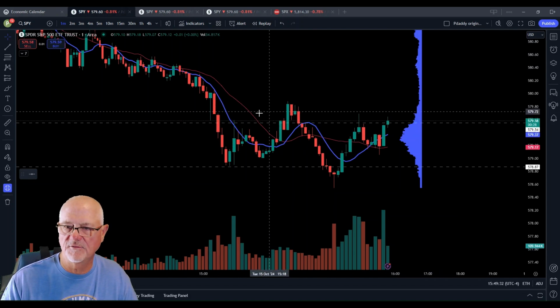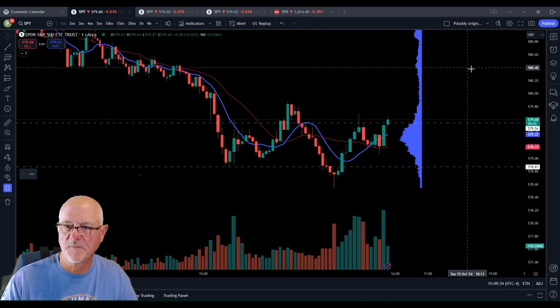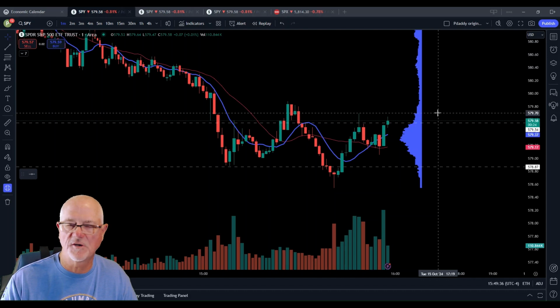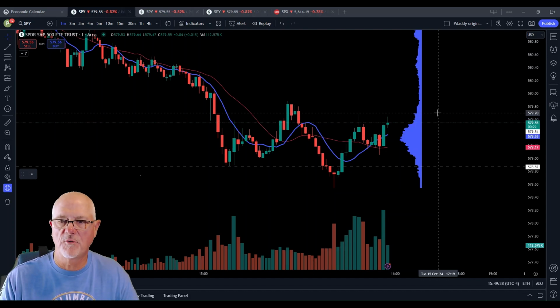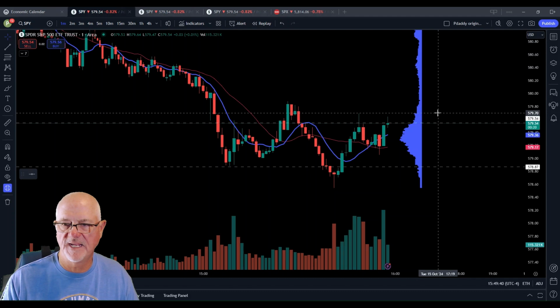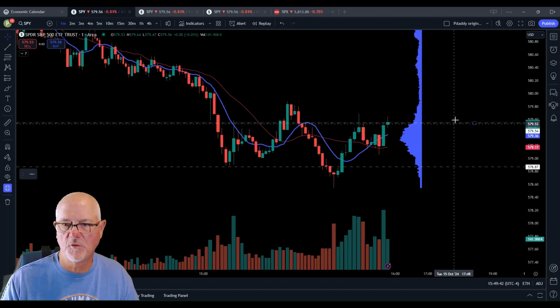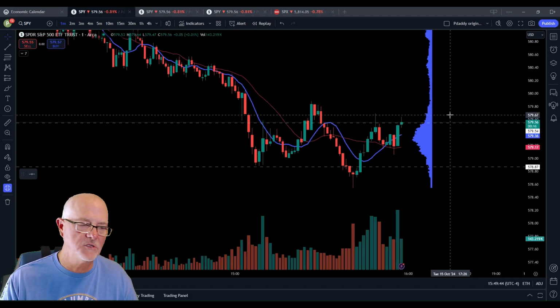Yes, we can look left. We can look left all day long. But just based on this shelf, this is our next closest level that we're looking to break back to the upside. But again, still no close above that 54. Again, if we get a close above 54, I got about 15 seconds to go.